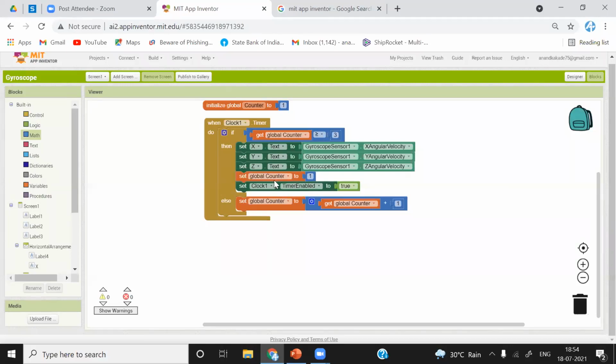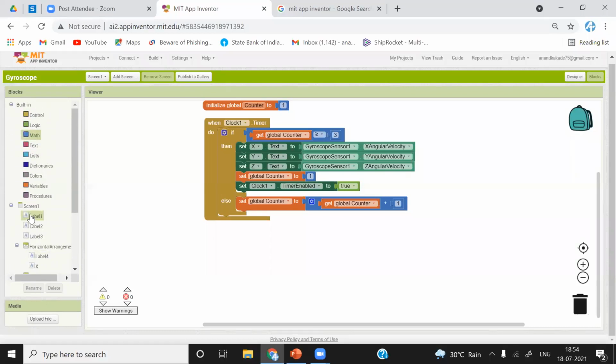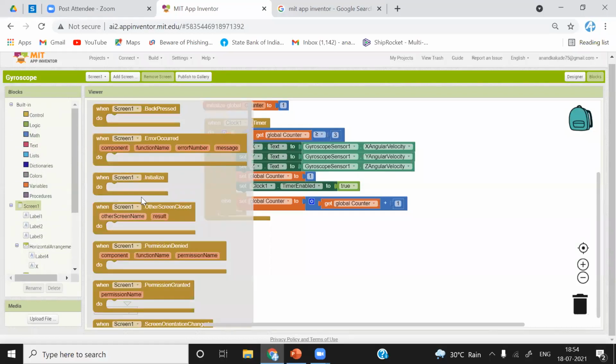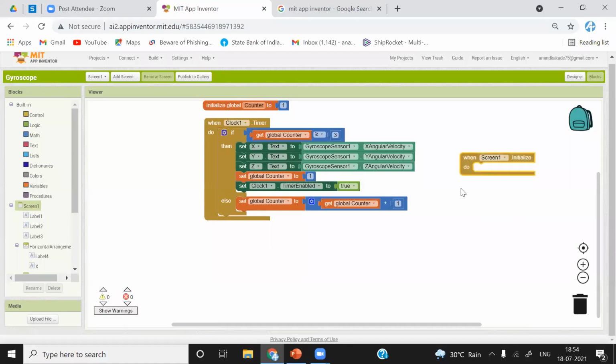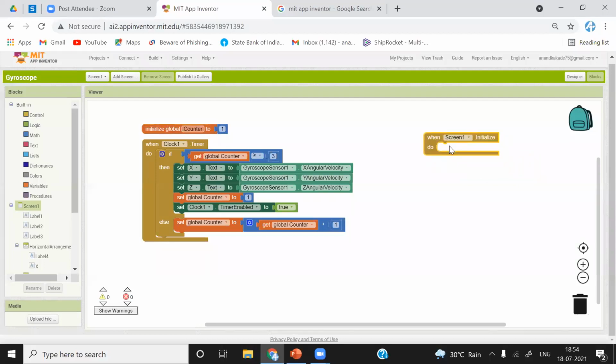This is the reason. Now, the second thing is we have to click on screen and get Screen Initialize. Whenever we open the screen of the application, it will get initialized. So the blocks under this section will run whenever you are opening this screen of the application.